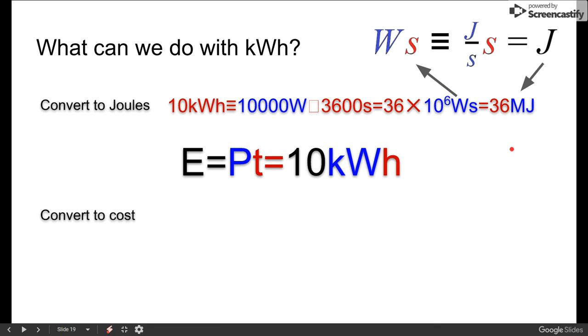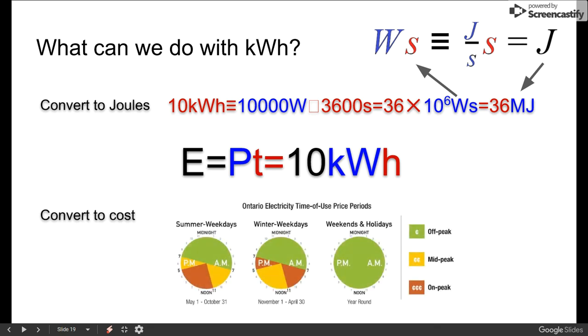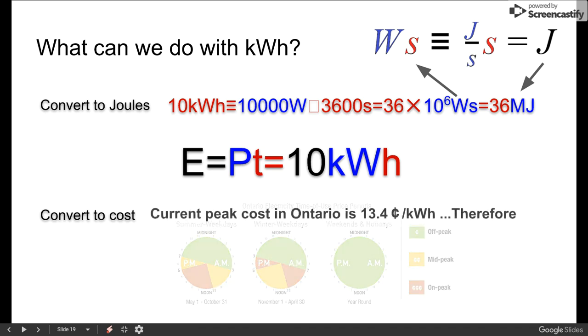The other thing we might want to do is price it out. In Ontario, electricity is currently 13.4 cents per kilowatt hour at maximum. So